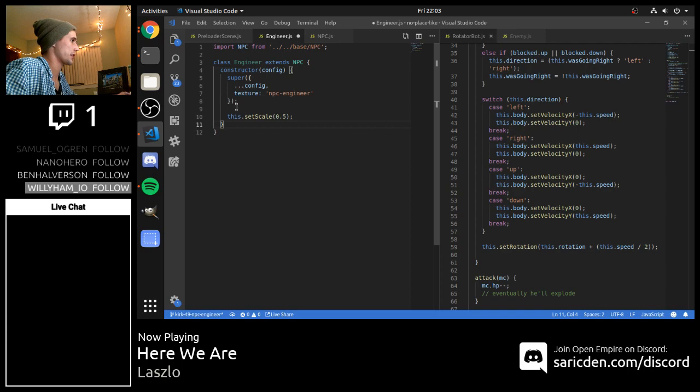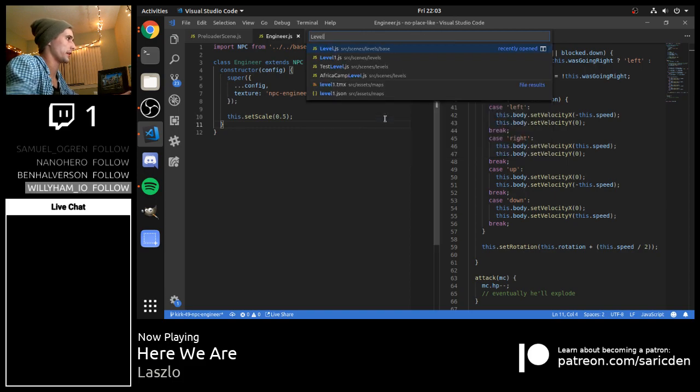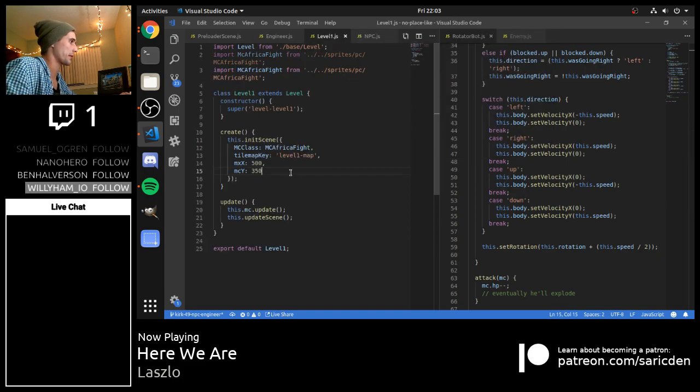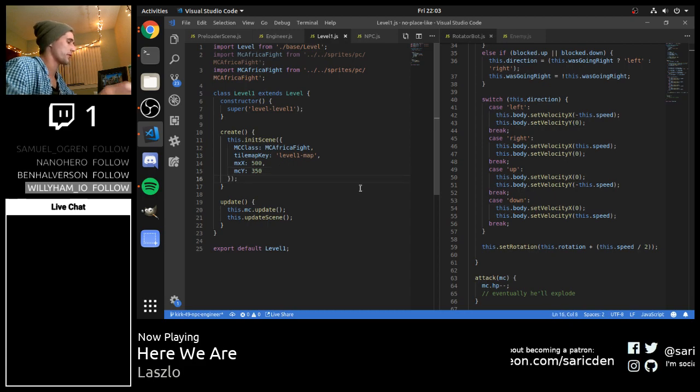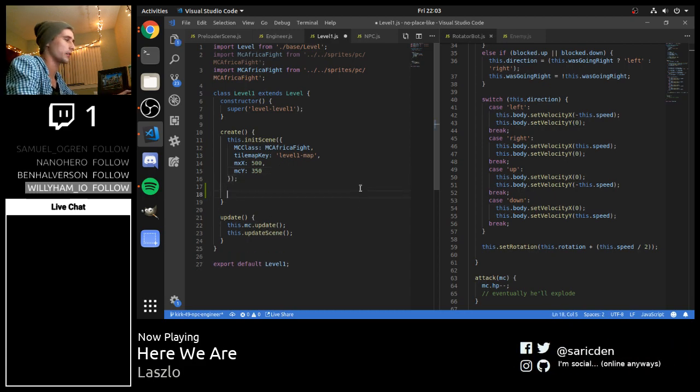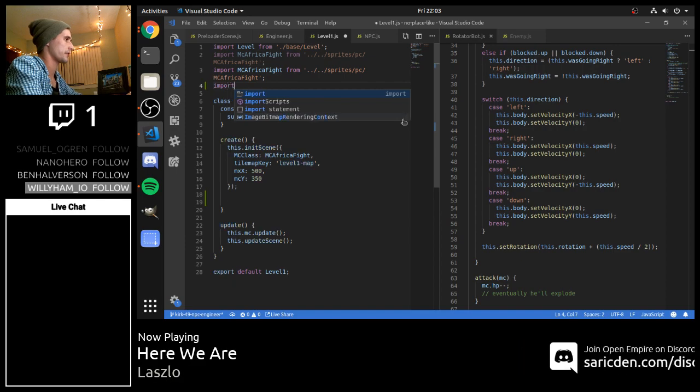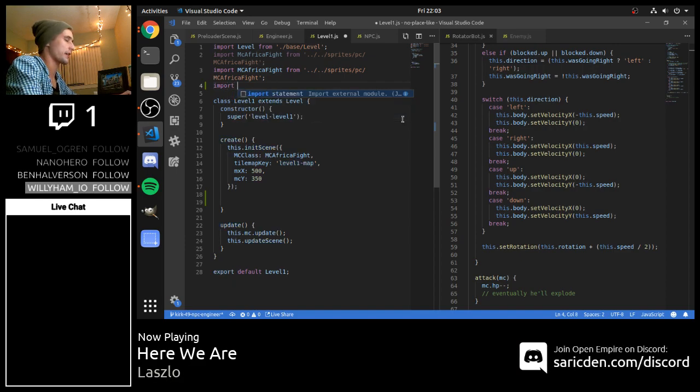So we've got our engineer class. Now let's add him into our level, shall we? So let's open up our level1.js, which is where we would implement such a thing. And in our create function, we can do something along the lines of this. First of all, we need to import our new NPC, our engineer NPC class. So we'll say import engineer, and sorry, actually, before we do that,